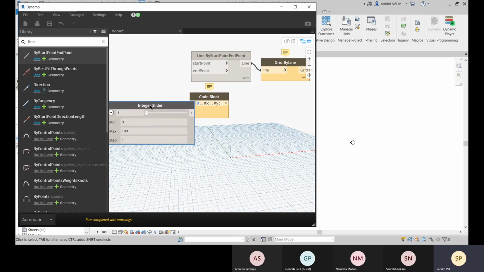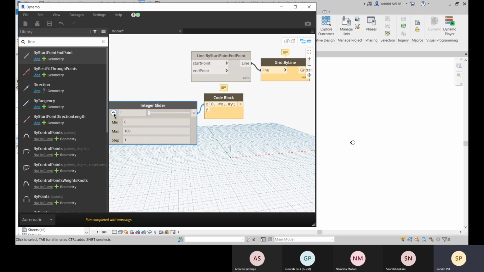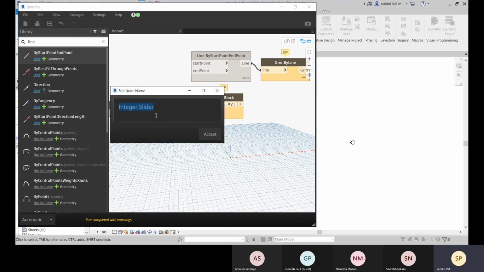So if we're going to decide the y value, here you can give a name for this rather than integer slider. So here you can define like the number of vertical grids or number of horizontal grids.